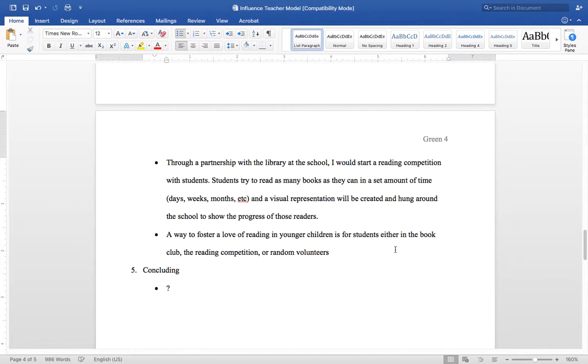Always proofread. Our random volunteers would go to the elementary buildings. In this case, if I knew the specific buildings that fed into our school, this is where I would list them.